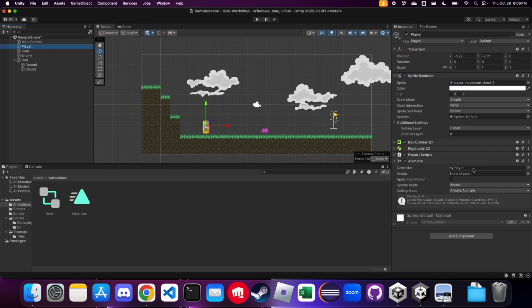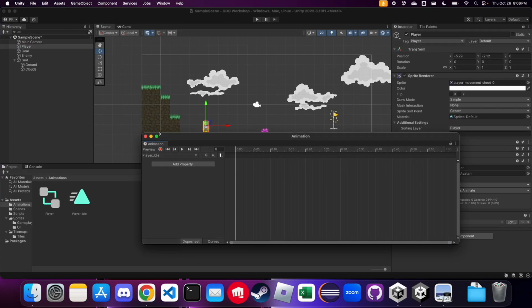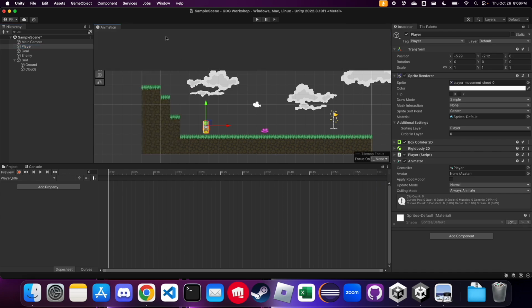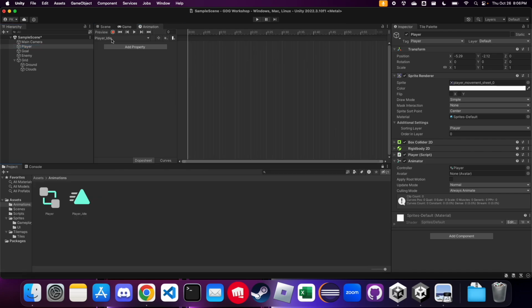And again, Unity does this for you, so you don't need to know too much. You just click player, and then you have this animation tab, which I'm just gonna put down here. Now this animation tab, you click create, and it does this for you. So actually, I'm gonna maybe put it up here. So you can see at the top of my animation tab, it says player idle,